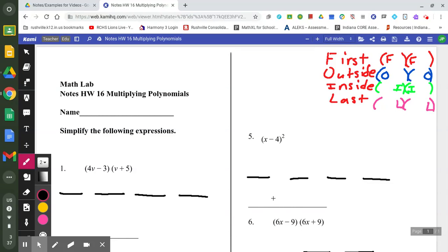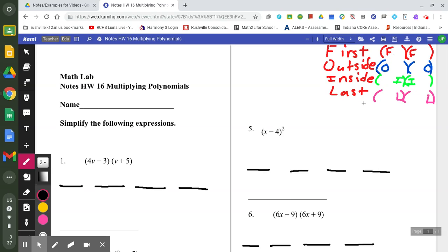On homework 16, we are going to use FOIL. And that's where we have the first two terms in each of the parentheses multiplied together, then the two outside terms, then the two inside terms, and then the two last terms. So on number 1,